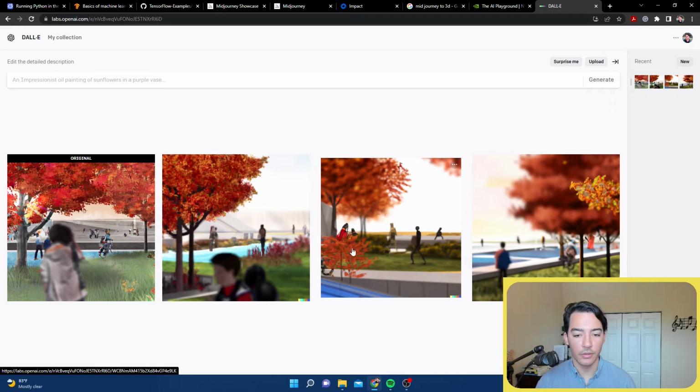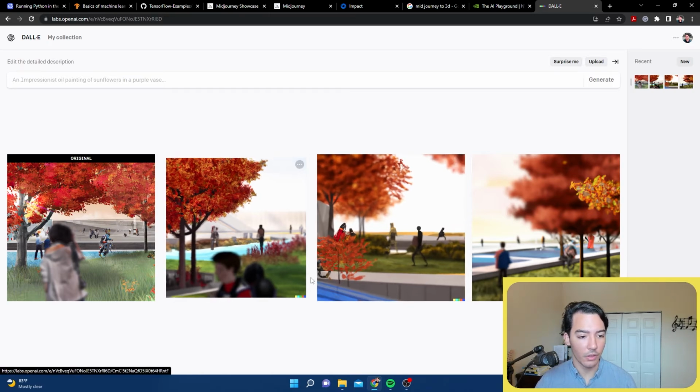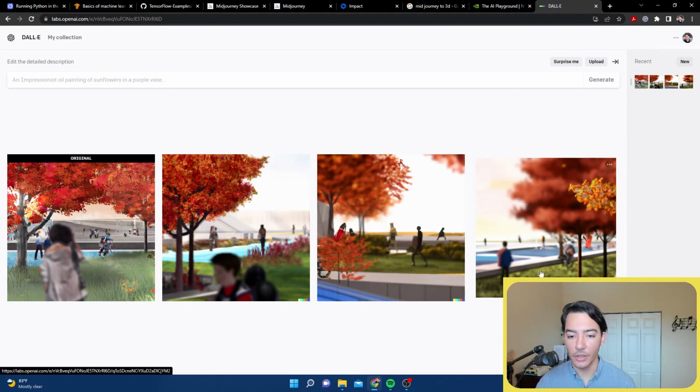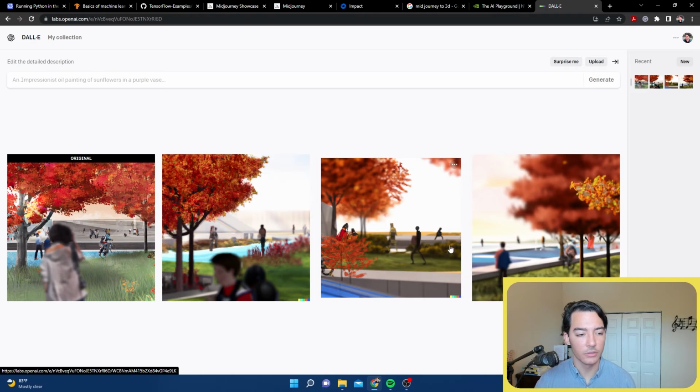And they did keep kind of the same scene where you have like this lawn, and in this one you have the blue walkway with the gray courtyard in the back. This one interpreted the blue as water, and you got these strange looking people. And then here it's like a tennis court or something. But it does keep a lot of the ideas from the original. I just wish it wasn't all so blurry.